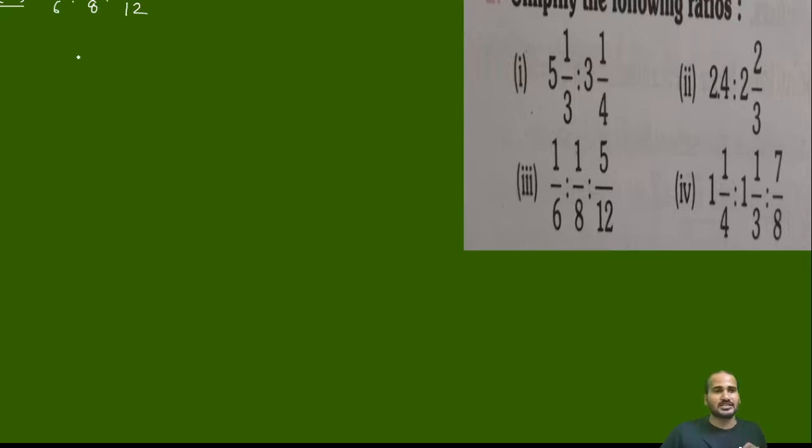That's very easy. What you have to do, just take the LCM of 6, 8, 12. So what do we get? Look here, 12 is equal to 4 into 3. So 3 to the 6 you will already get, but one thing is missing. If I multiply by 2 here, 4 to the 8, this is also here, and 4 to the 12, this is here. So this will be your LCM. So what you get as LCM: 4 to the 12, 12 to the 24. So 24 is your LCM.